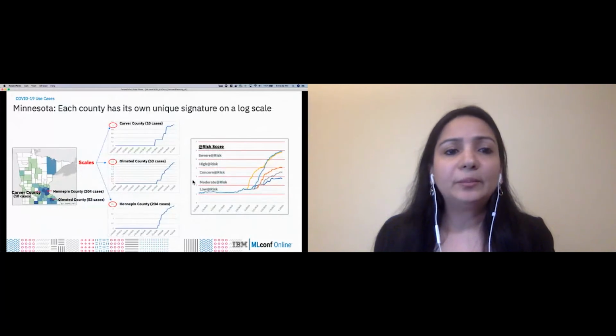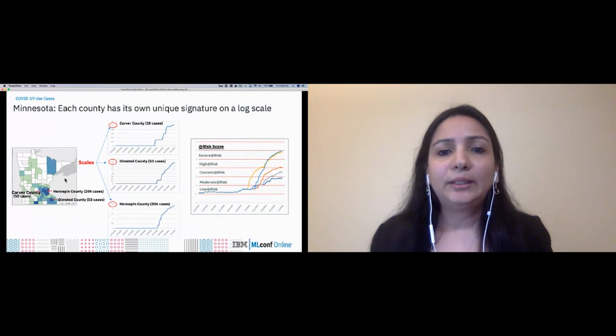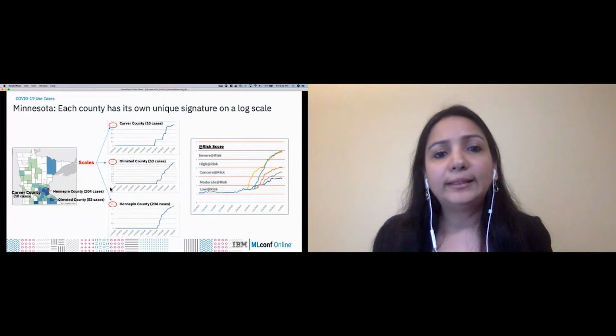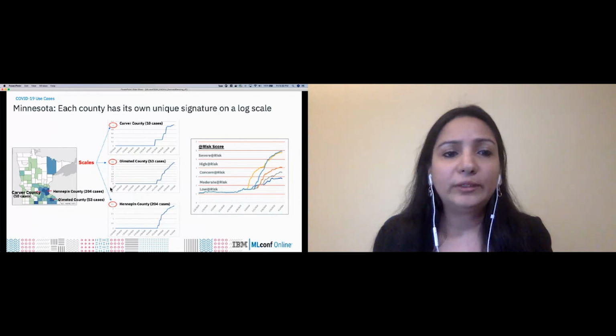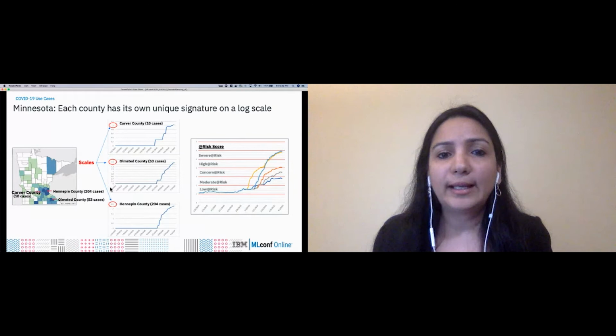So for example, each county here will have its own unique signature. Each one will closely reflect that local caseload and the economic volatility of that location. And that risk level is relative, showing where each county lies on a scale of low risk to severe risk, allowing retailers to decide where should we reopen stores next, where should we allocate inventory in anticipation of reopening.